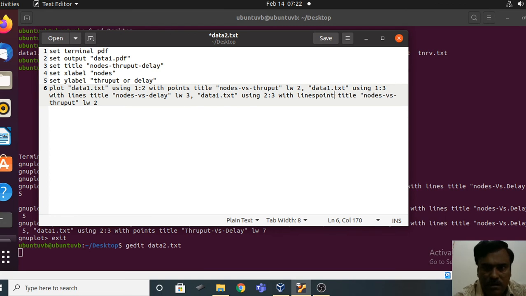I already told you, you have to be careful, that is lines points. And the title you want to change: throughput versus delay.